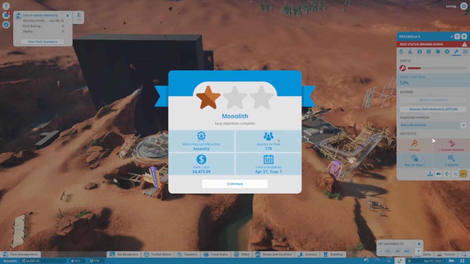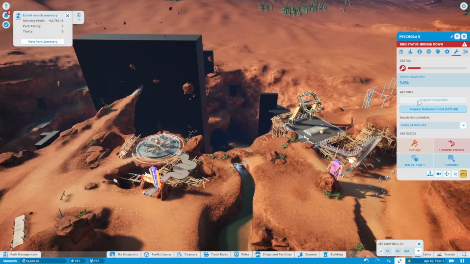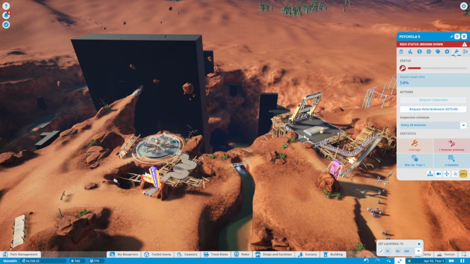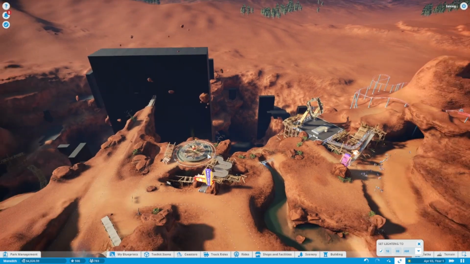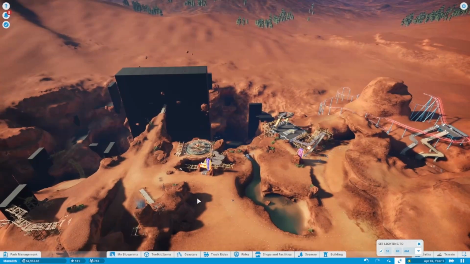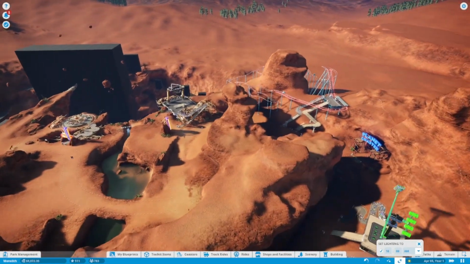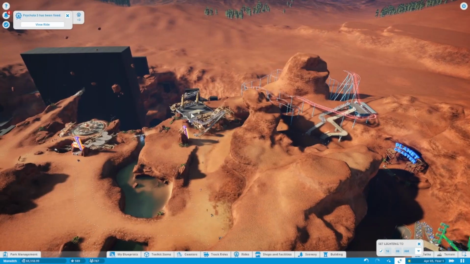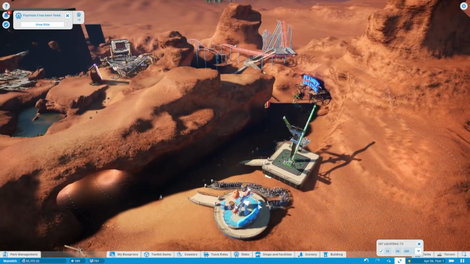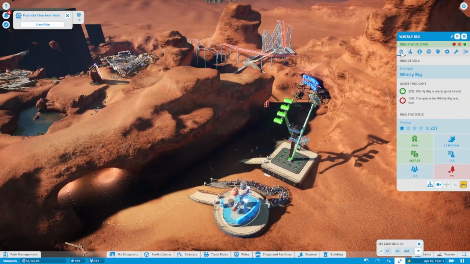Okay, we easily got the first star. Wow, how about that? $2,780 of monthly profit in total. We're going to switch this to every 20 minutes. We'll see if this ride continues to be an issue. I almost want to see about having one maintenance guy in charge of just this, or maybe just these two, and then having other maintenance in charge of these. Holy crap. We can probably...